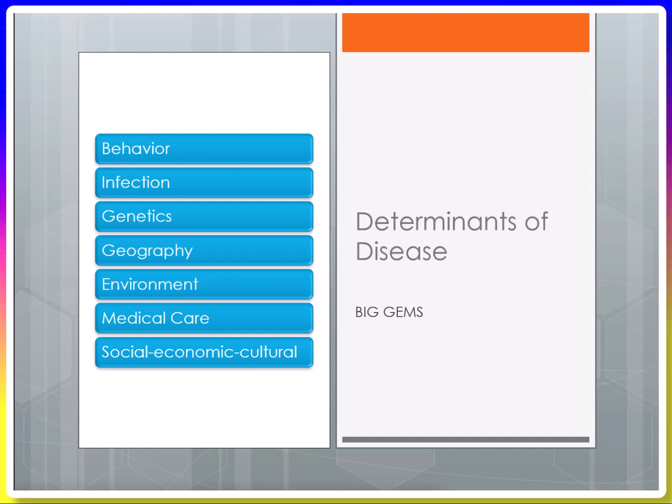So with geography, the next G, geographic location influences the frequency and even the presence of a disease. So infectious diseases such as malaria, Lyme disease, these occur only in defined geographic areas. So geography may also imply local geographical conditions such as those producing high levels of radon, which is a naturally occurring radiation that contributes to development of lung cancer. Sometimes with basements, you have a high exposure to these kinds of